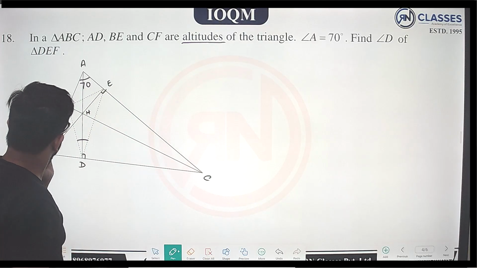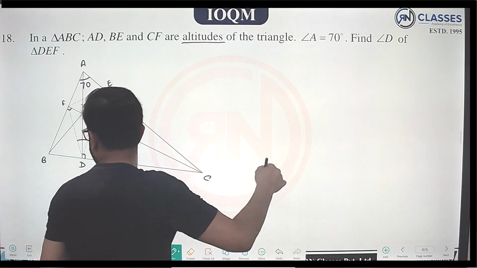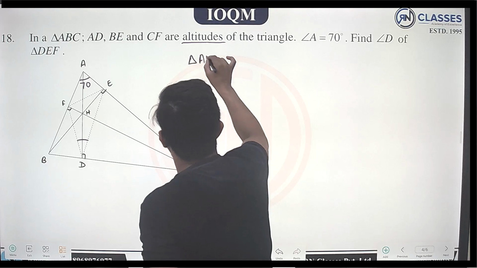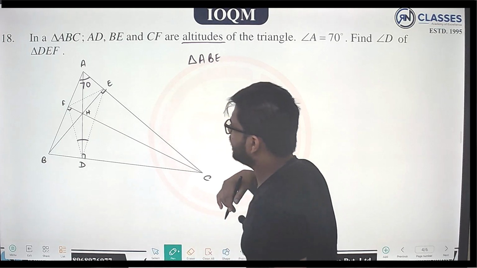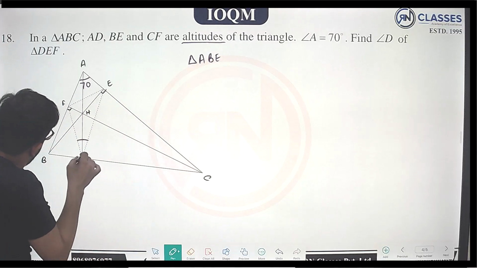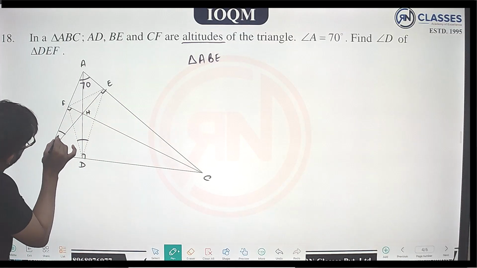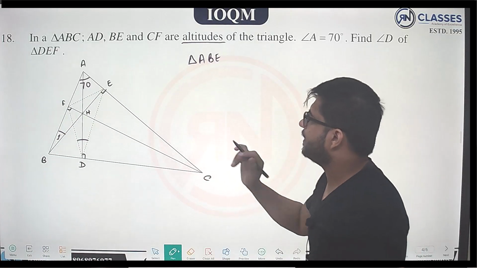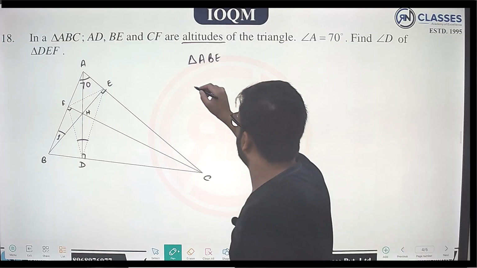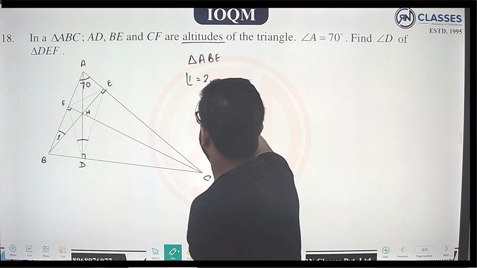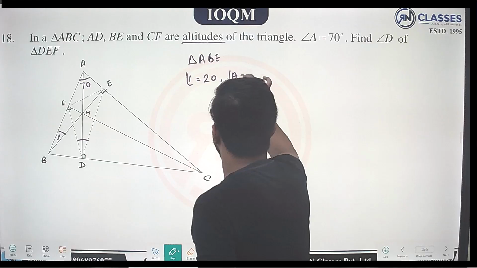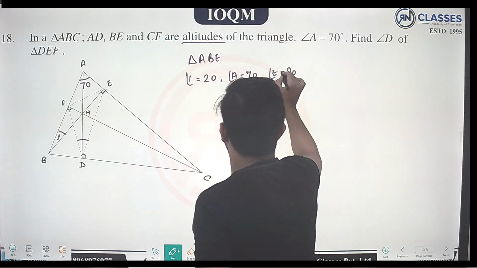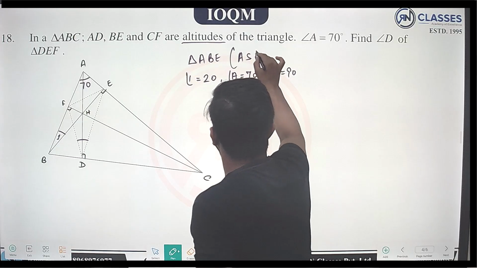मैं एक काम करता हूं, सबसे पहले तो ट्राइंगल ABE देखता हूं। देखो ध्यान से, ट्राइंगल ABE। मैं ना ये एंगल की बात कर रहा हूं, इस एंगल की, इसको एंगल 1 ले लेते हैं। ठीक है, एंगल 1 में बोल सकता हूं 20 डिग्री होगा। मेरे ख्याल से सब लोग एंगल सम प्रॉपर्टी लगा लेंगे, एंगल 1 इज 20 बिकॉज एंगल A इज 70 एंड एंगल E इज 90, ठीक है, एंगल सम प्रॉपर्टी लगाया।